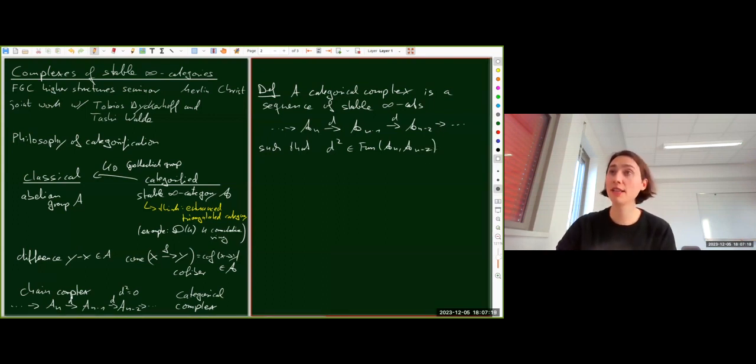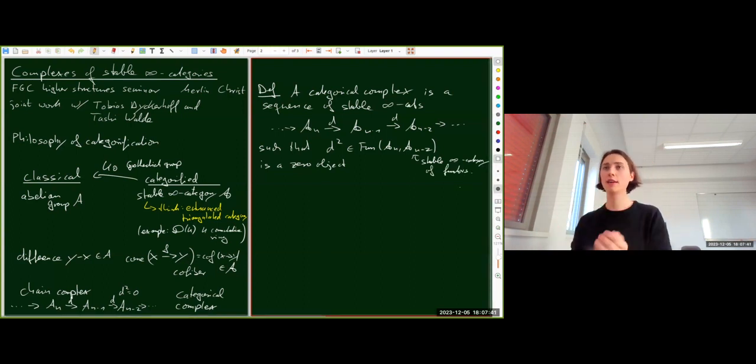And we want this to be a zero object. So it is a zero object. Namely, it's a zero object in the stable infinity category of functors. So why am I saying it in this very precise way? The reason is